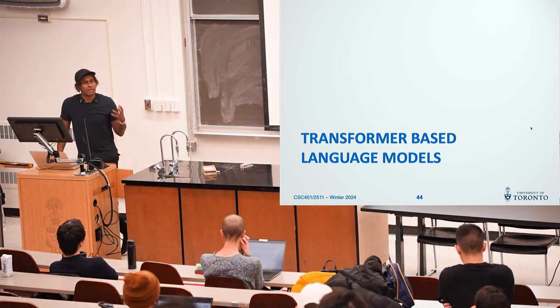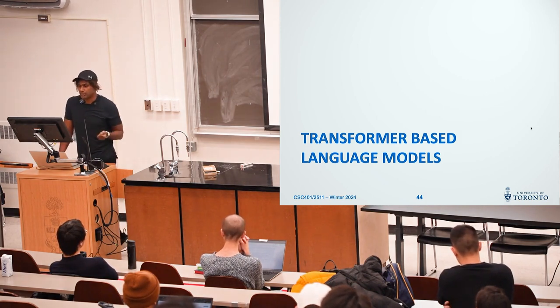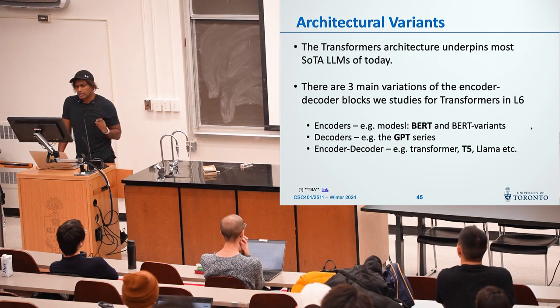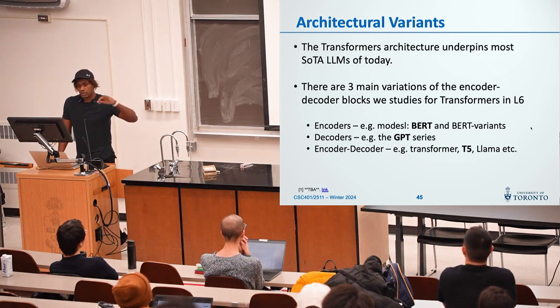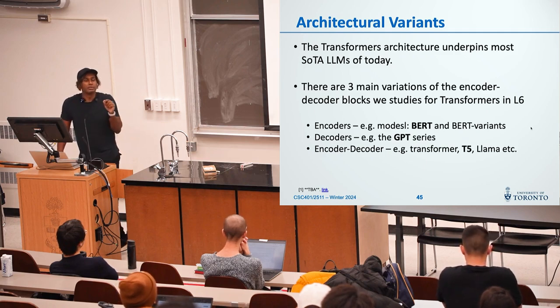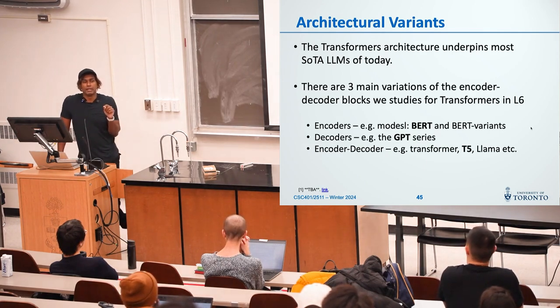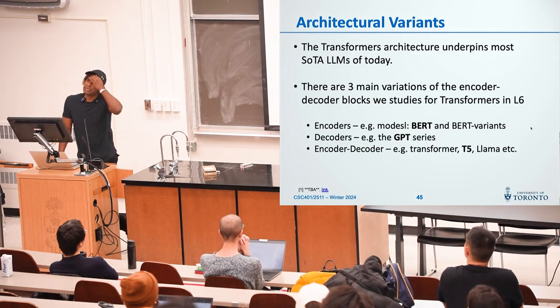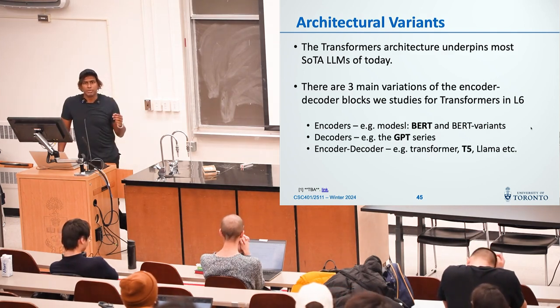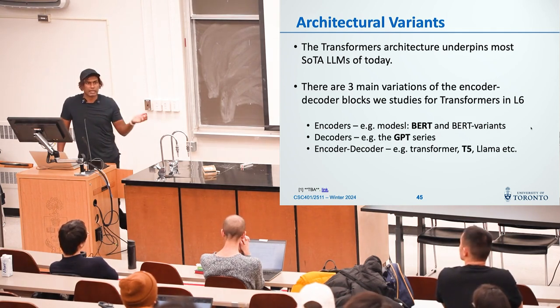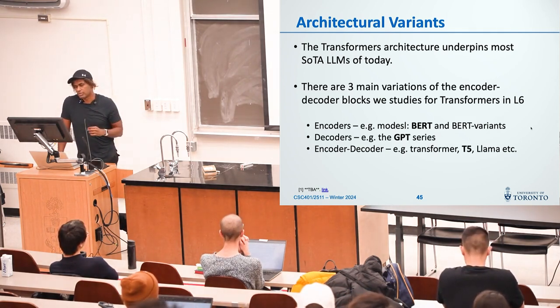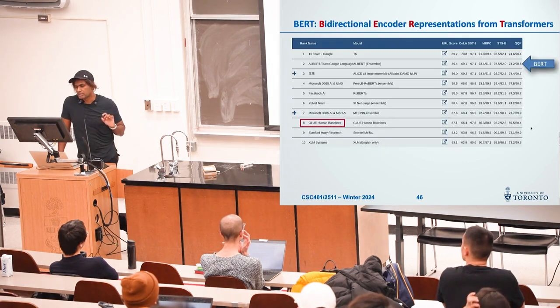But let's get back to our familiar paradigm, which is transformer-based language models, okay? We talked about three main kinds of variants: encoder only, decoder only, and encoder-decoder. We looked at BERT, the encoder-only model, and we touched on T5, the encoder-decoder. I'm going to do a quick code demo for you today, and that relates to the assignment. It also encourages you to have some ideas for optional bonus points if you want to do it, or if you're a grad student, any research interest you may have. But before we do that,